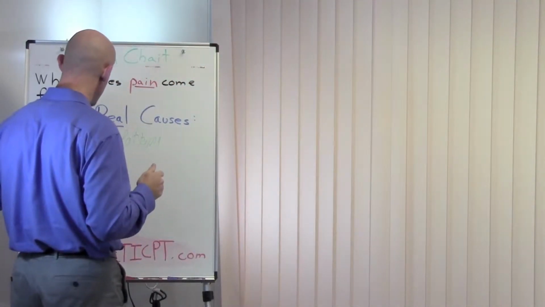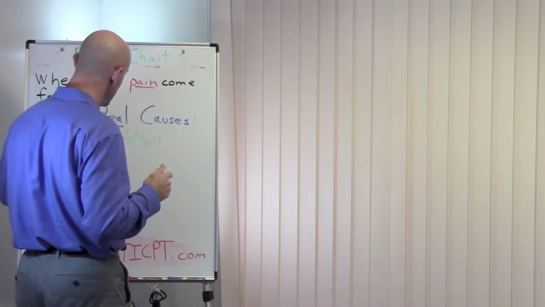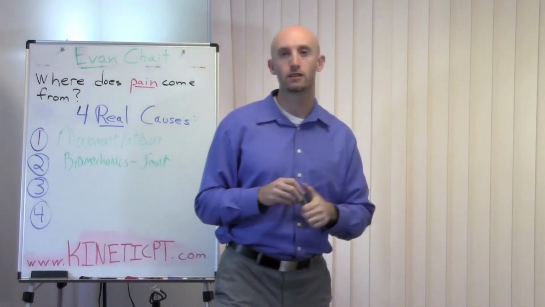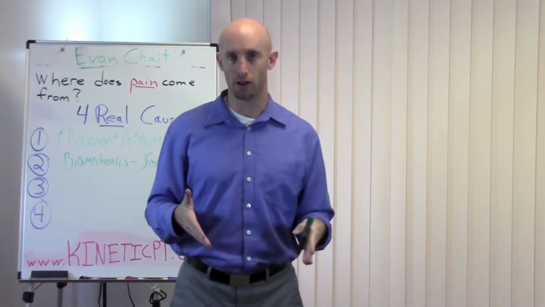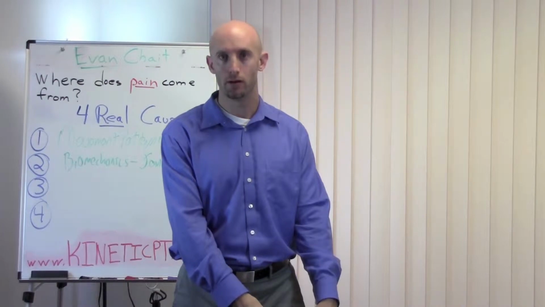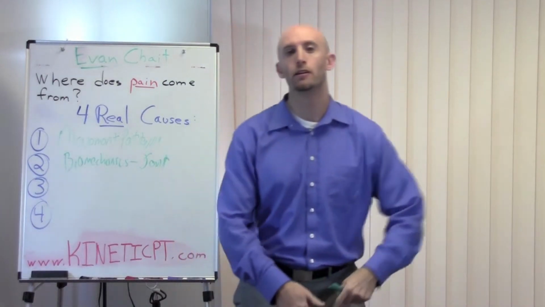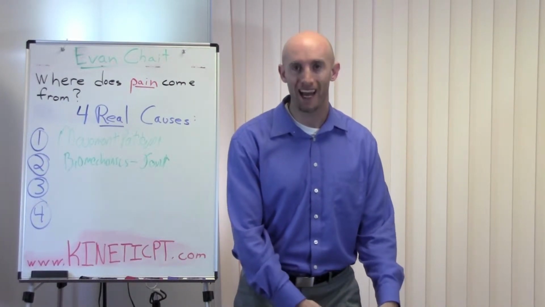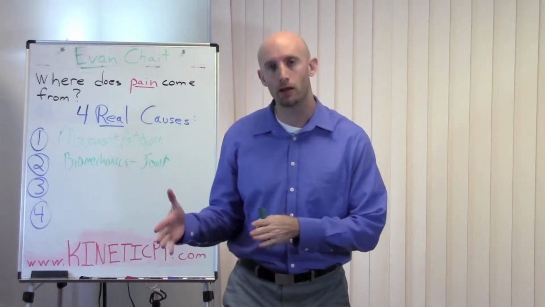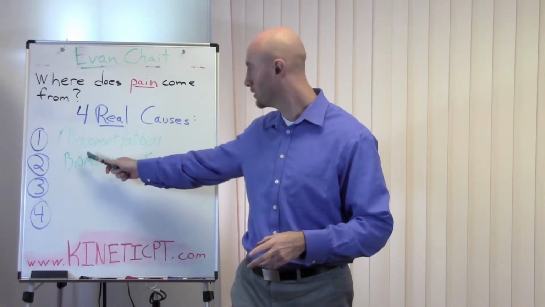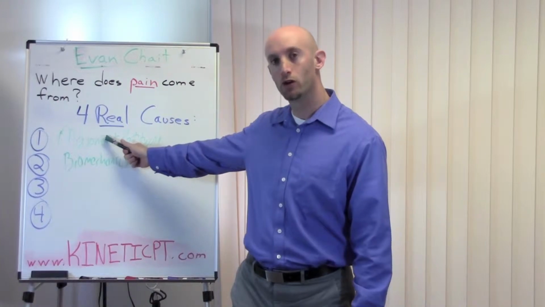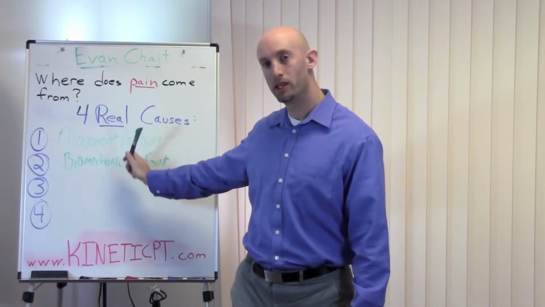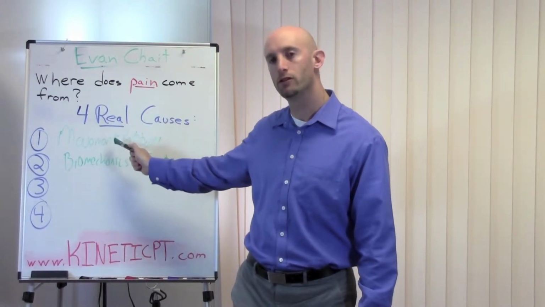Now, a lot of people don't understand what biomechanics means. Simply, biomechanics are the joints in the body. Like, for example, let's go back to the squat analogy. If my ankle has decreased range of motion, as I squat down, if the ankle doesn't have proper range of motion, the biomechanics are going to alter the movement patterns of my body. So can you see how the biomechanics can cause a movement pattern dysfunction, which could cause pain someplace else in the body? So we can look at the biomechanics in relationship to the movement patterns.